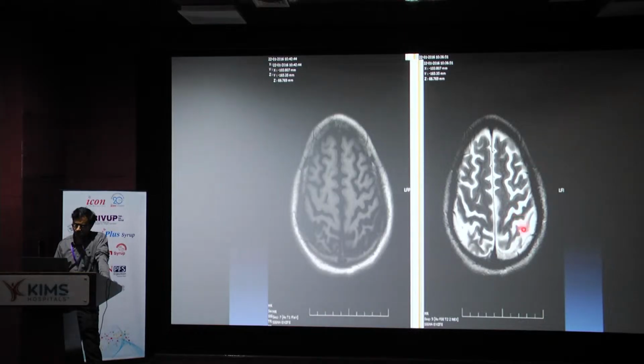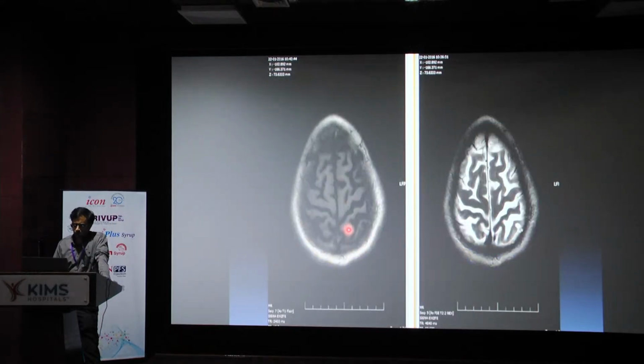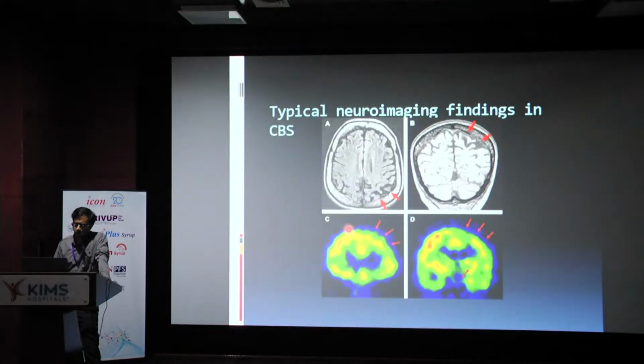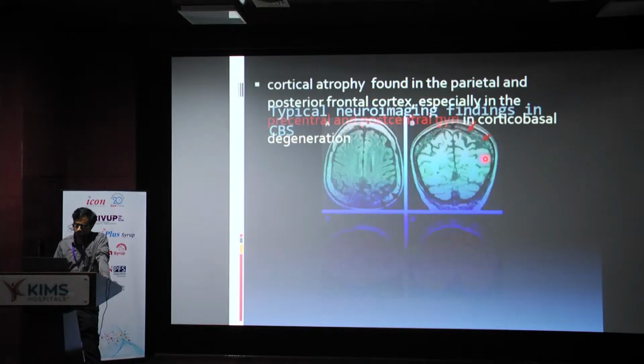That is one thing. And on the left side, the cortical atrophy is more significant when compared with the right side. So that is what we tend to see from the imaging point of view. The same thing you can apply on the 3D ASL images also, where we tend to see more atrophy around the central sulcus, and ASL shows a reduced CBF when compared with the